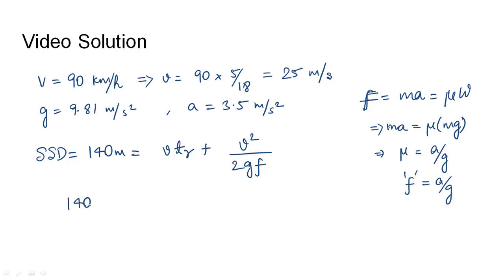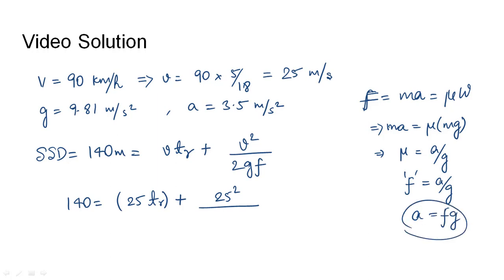So 140 equals V, which is 25, times the reaction time, which is unknown in this case and needs to be found, plus 25 square over, and fg is nothing but a, so it can be written as 2 times a, and a here is given as 3.5, so it will be 2 into 3.5, which will be 140 equals 25t plus